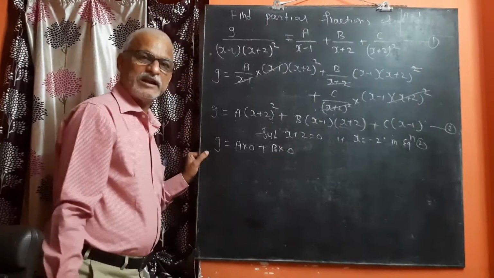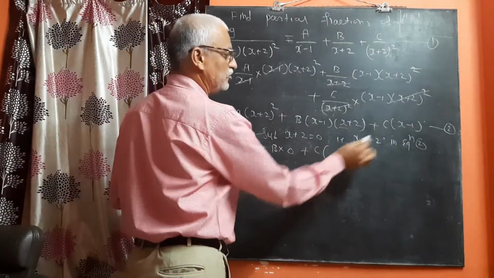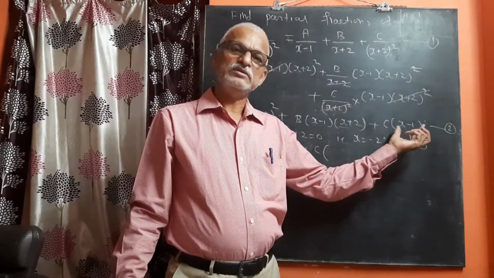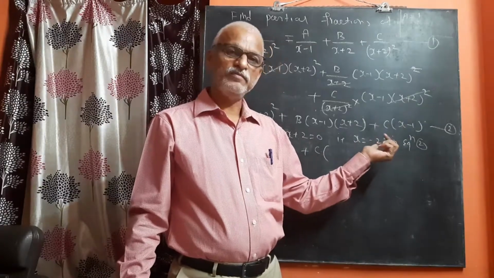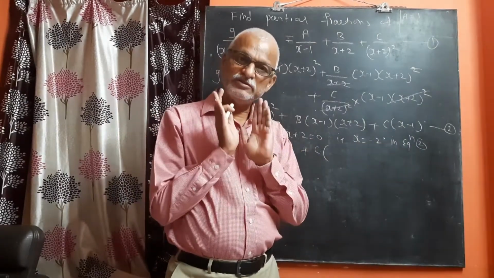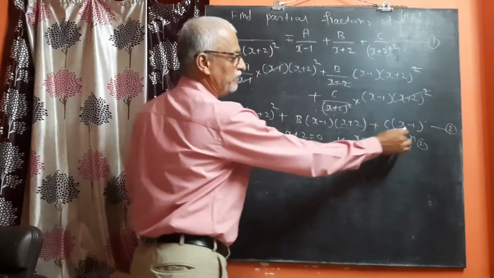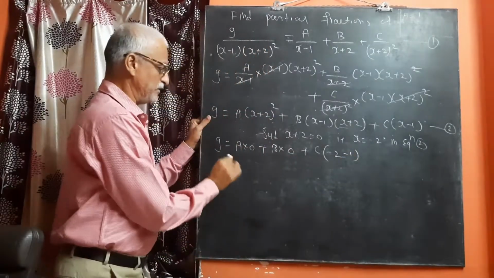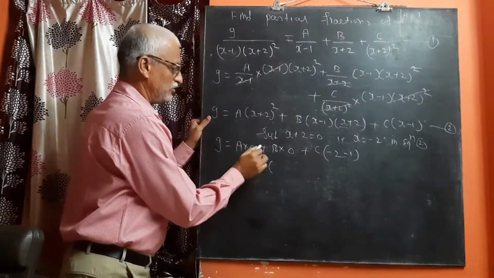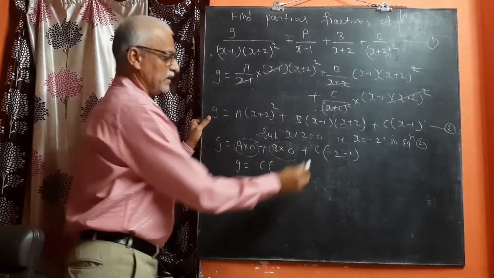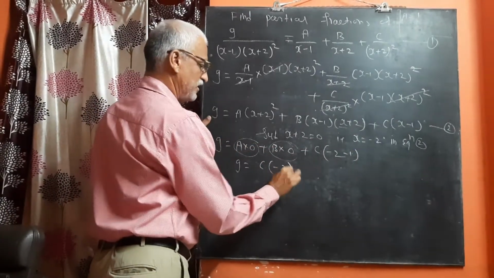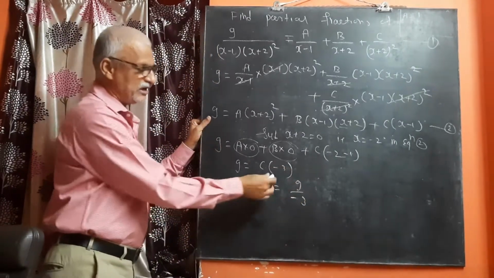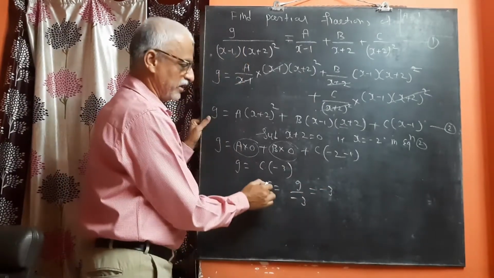That means directly 0. Plus c into, in this case, in this third term there is no x plus 2. That means you have to substitute value of x equals to minus 2. जिथे x plus 2 ही टर्म नसेल तिथे तुम्हाला x ची व्हॅल्यू सबस्टिट्यूट करायची आहे. Now c into the value of x equals to minus 2. So this will be minus 2 minus 1. That means 9 is equals to c into, this is 0, this is also 0, c into minus 2 minus 1, that is minus 3. So c is equals to 9 upon minus 3. That minus 3 goes here, so 9 upon minus 3, and that is equals to minus 3. So we have got the value of c equals to minus 3.